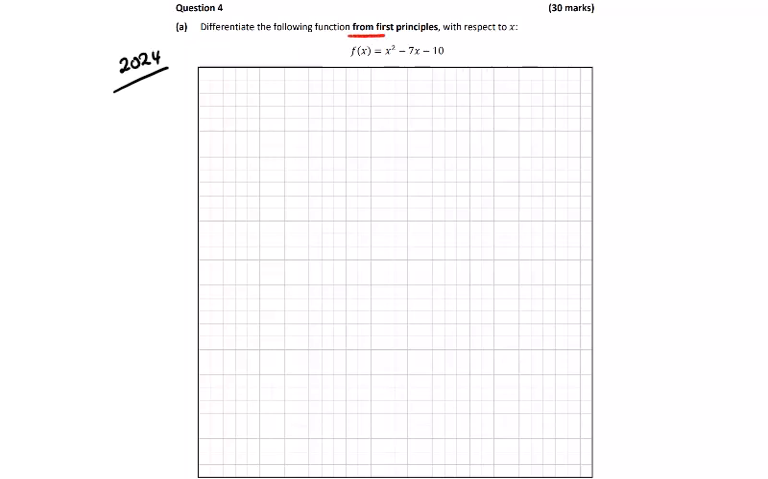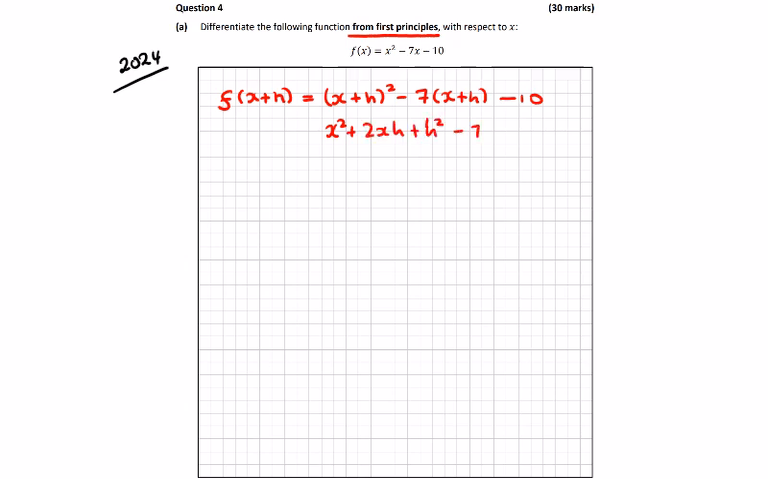2024 had you all doing a merry jig when you saw differentiation from first principles. So it's just a procedural thing that they've really tried to get rid of from the course. f(x+h) is equal to (x+h) squared minus 7 times (x+h) minus 10, which is x squared plus 2xh plus h squared minus 7x minus 7h